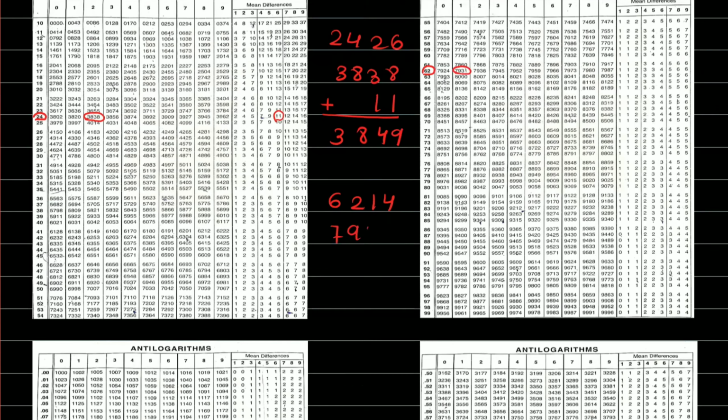So 7931 plus the last value is 4, which we are going to find in the mean difference table. The value is 3. So adding 3. So we got 4, 3, 9, 7. So we get 7934 as our value.